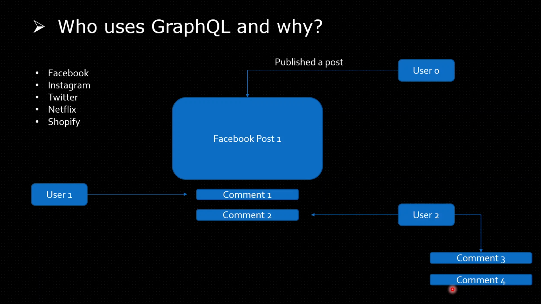Now how do you store this data? In terms of SQL, you need to create multiple tables. You need to create a post table, you need to create a user table, and then you need to create a comment table as well. And after that, in the users table, you need to create user 0, 1, 2, 3, 4, 5, and in the comment table, you need to create comment 1, 2, 3, 4, and then you also need to create the post table, and you need to relate every table with